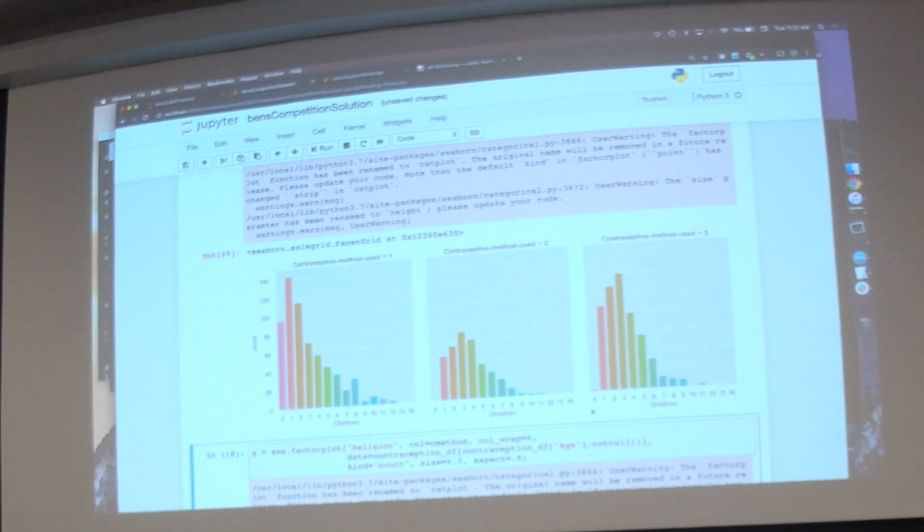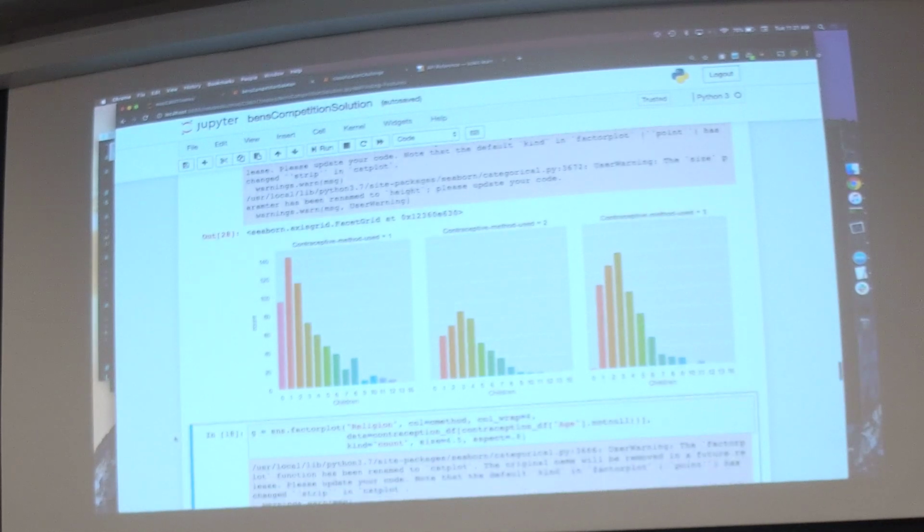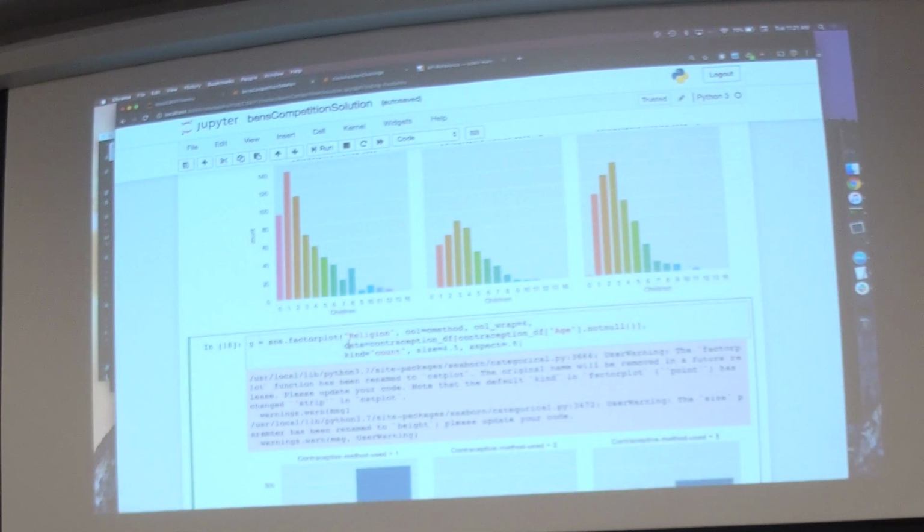It looks like the max number of children is 16, which seems pretty crazy to me. Again, the distributions look a little bit different for the three methods, so that probably is going to be an important feature in our model. If you look at religion,